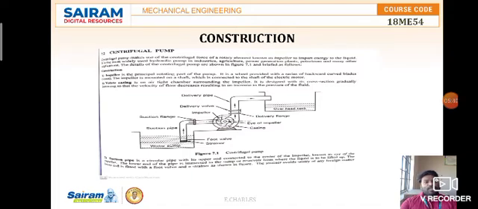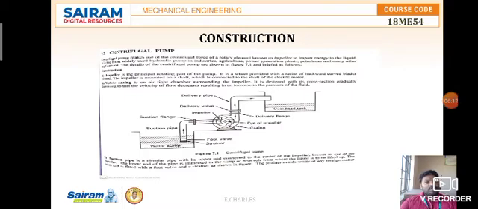When vacuum is created, water which is at atmospheric pressure will try to enter inside the suction pipe. Once it enters the suction pipe, water moves to the impeller and enters the blades of this pump, and when it rotates, it creates pressure energy because of the construction of the vanes. That pressure energy will lift the water and it will be sent to the overhead tank. So this is the working principle of this centrifugal pump.